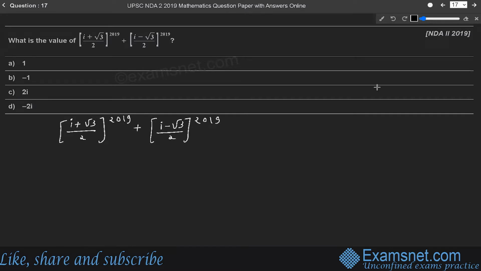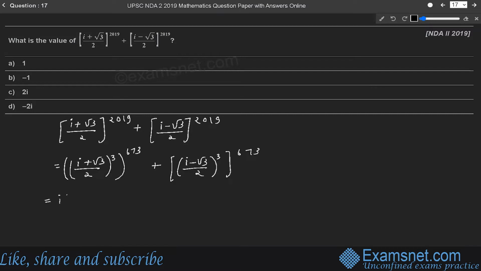This expression can also be written as (i plus root 3 by 2) cube whole power 673 plus (i minus root 3 by 2) cube whole power 673. Further solving, it will be equal to i cube plus 3i square into root 3 plus 3 into i into root 3 square plus 3 root 3, whole divided by 8,